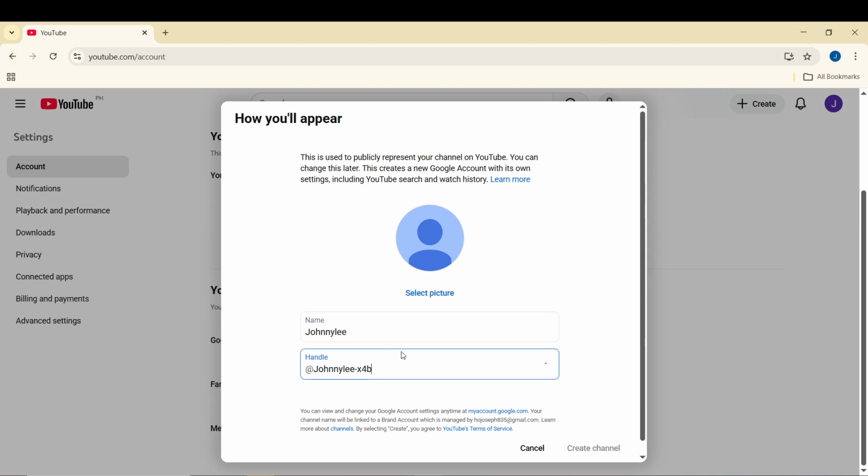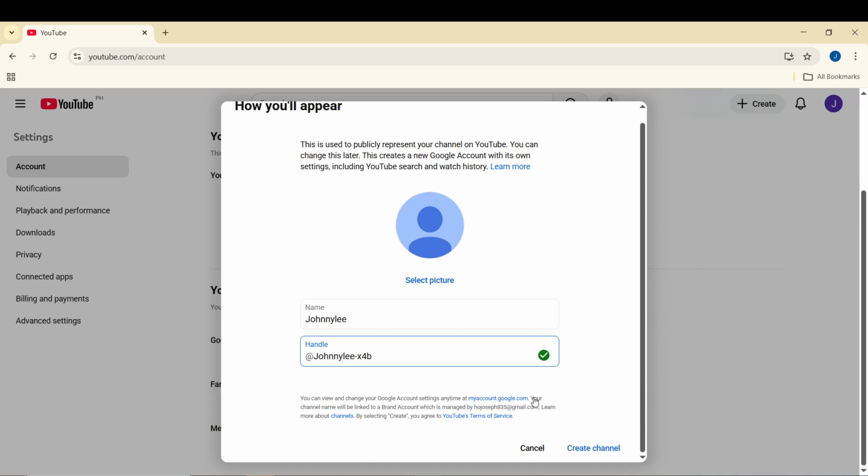Check that box to confirm you agree to the terms shown on the screen. This is required before YouTube can create the new channel under your account. Now click Create. After a moment, YouTube will generate your new channel and you can begin customizing it, uploading videos,